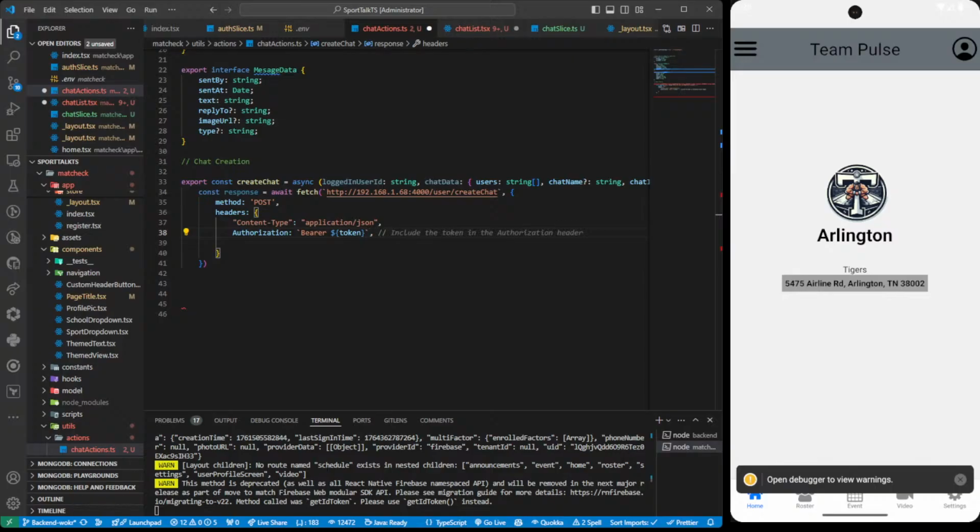So let's actually make a note here. This is application. So step here. Now we're going to do JSON stringified